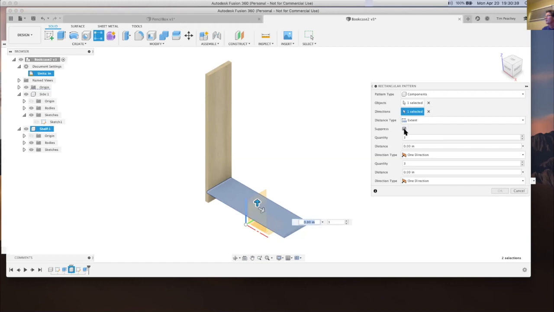So I want the ability to suppress the quantity I'm going to put in. Remember, I made a parameter for this, number of shelves. However, if I do 5 shelves in my extent, then the 5th shelf will be at the very top. I don't really want that, but I want that 5th space. So I'm going to say number of shelves plus 1